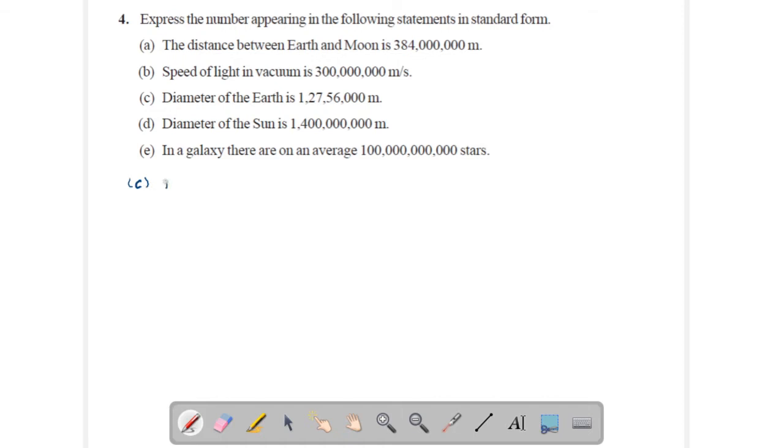Diameter of Earth, it is 12,756,000 meter. Now you have to write this in standard form. Where is decimal? On the right hand side. You have to bring this decimal from here to here, that is after first digit. So this can be written as